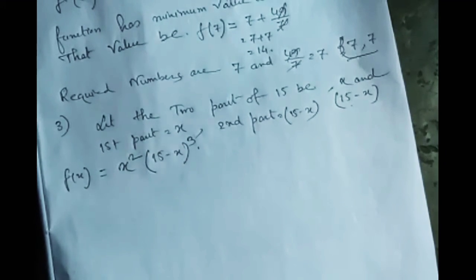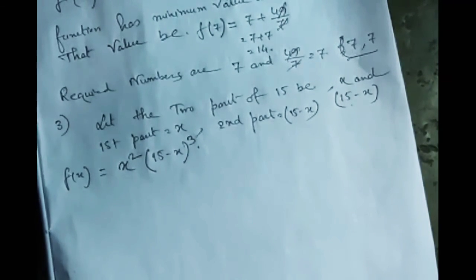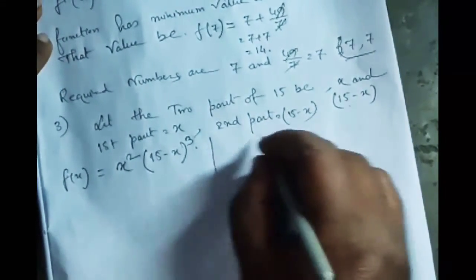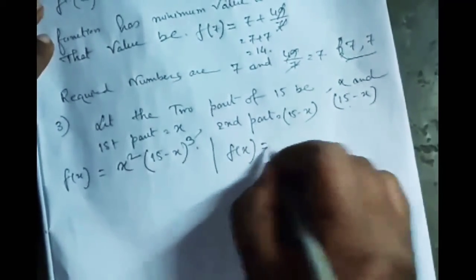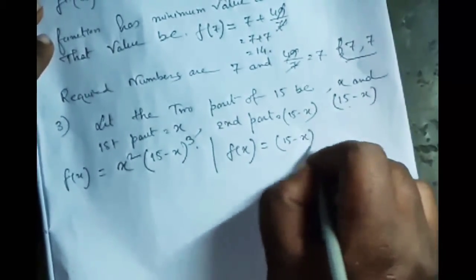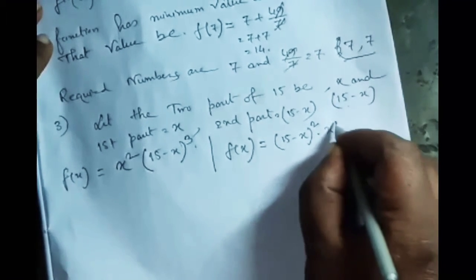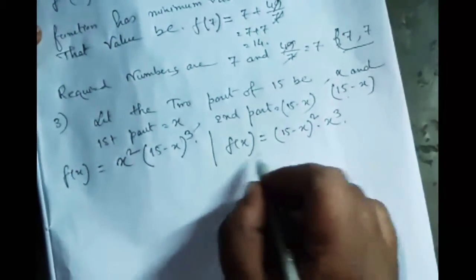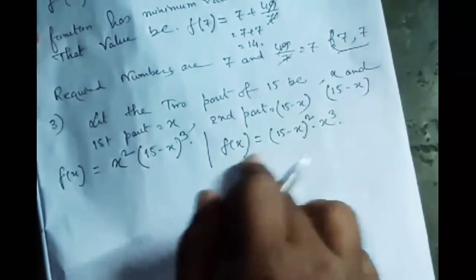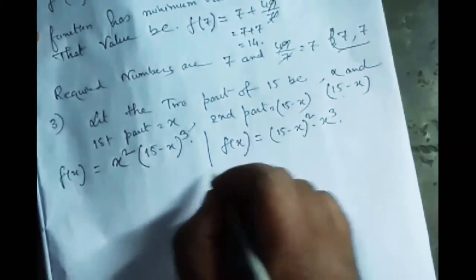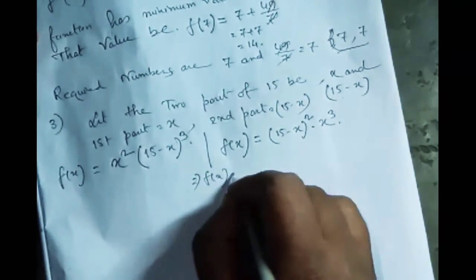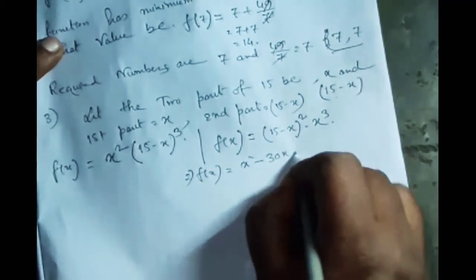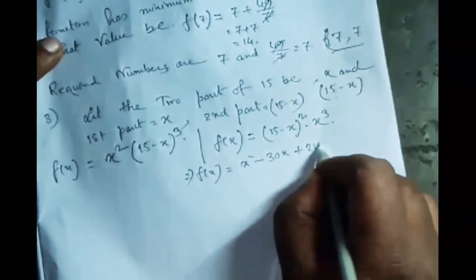Or for making calculation easy, we will take f(x) is equal to 15 minus x whole square into x cube. This is also possible. So f(x) is equal to x square minus 30x plus 225